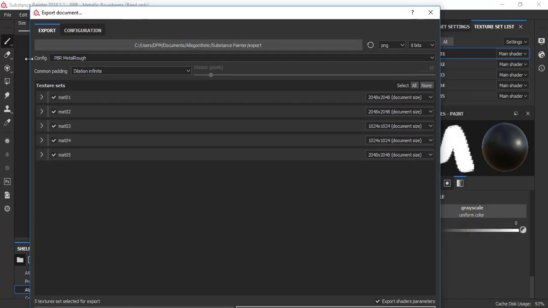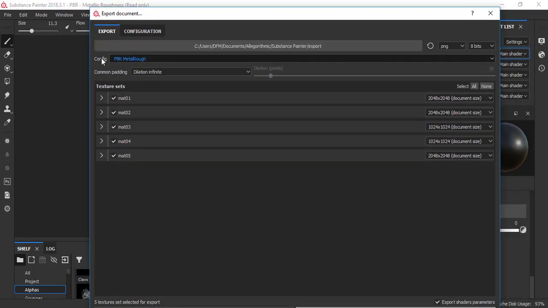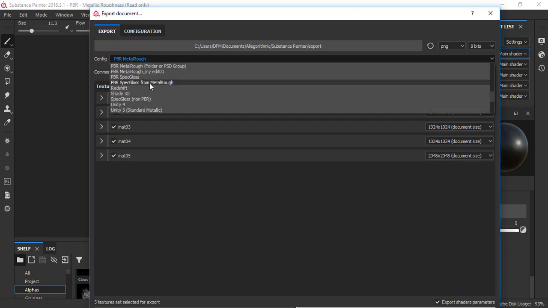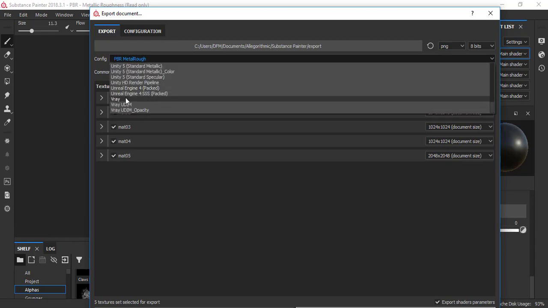You can change your PBR metal rough formats that you gave in the template when you were opening your model the first time. You can change the config from PBR metal rough to other things, like for example you can set the exported textures to be